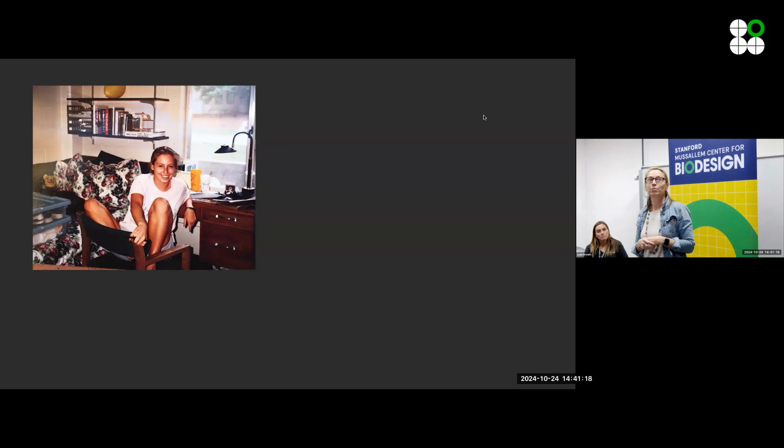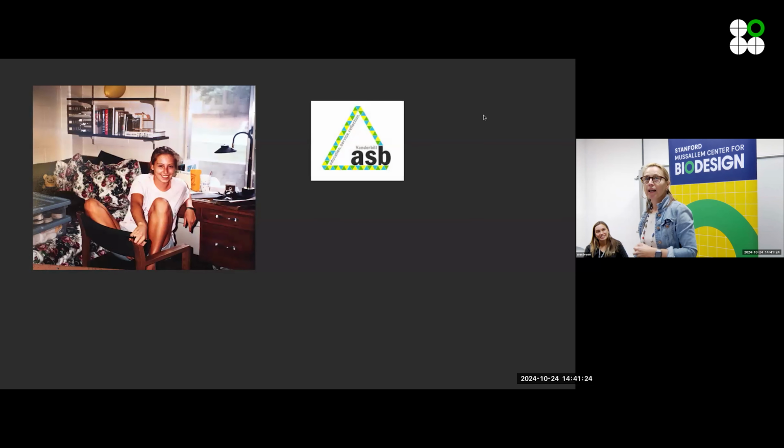mechanical engineering. This is in my freshman dorm. You can see my teddy bears there. I studied mechanical engineering and I went to Vanderbilt. And Vanderbilt's very famous for the alternative spring break program. I know we have one here at Stanford, but I mention that because it got me very engaged in the social sector. And we weren't calling it social justice then, but it really got me very invested in understanding